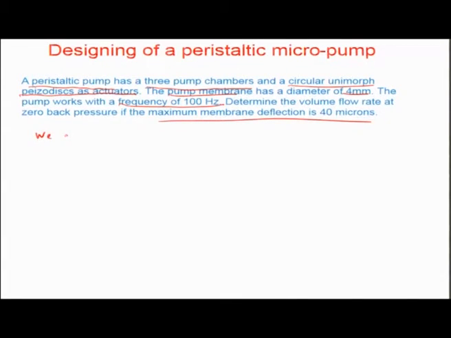So, we assume that the membrane deflection follows, it is of course a circular membrane. So, this is from first principles, particularly solid mechanics. So, it follows the deflection function